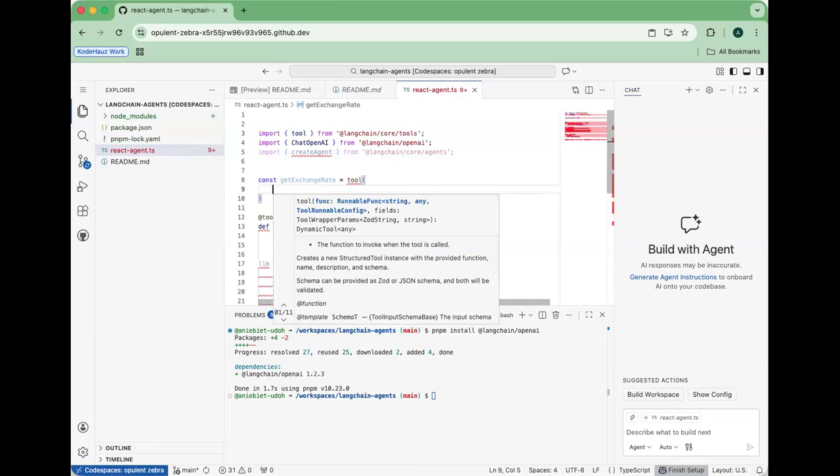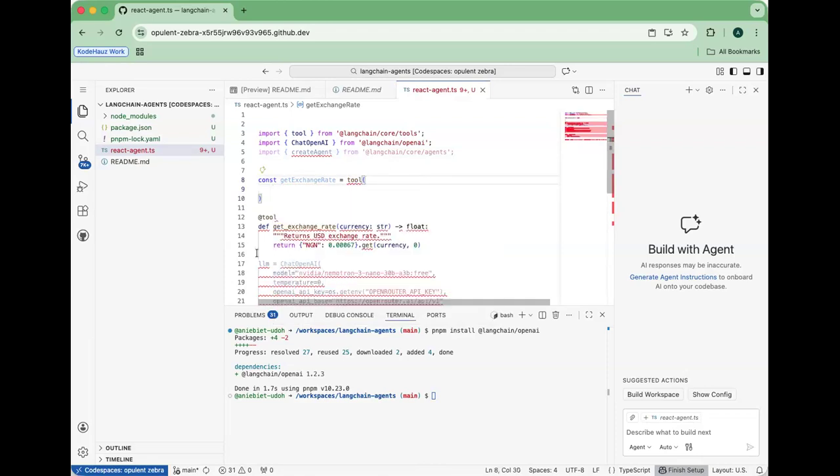So basically what we are saying is that this thing that we are creating is a LangChain tool. Then we do the actual implementation of the tool, which is what we are doing here, right? I could take this and just dump it in here and do some code around it. So async,